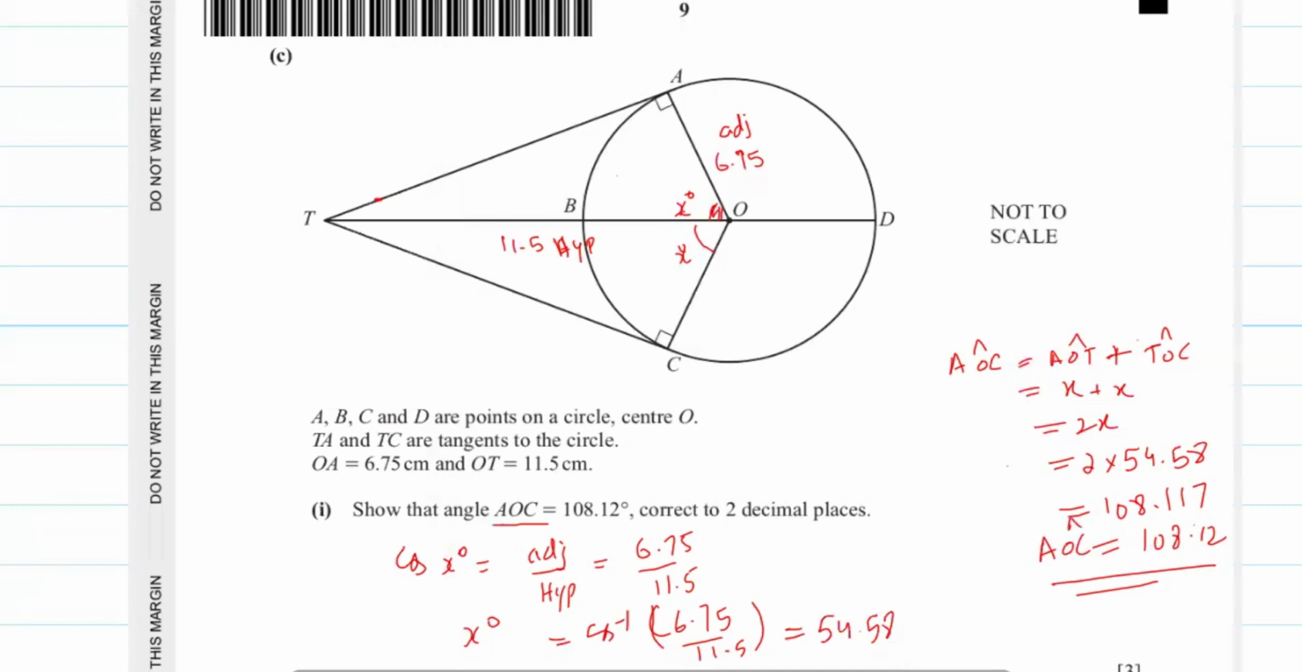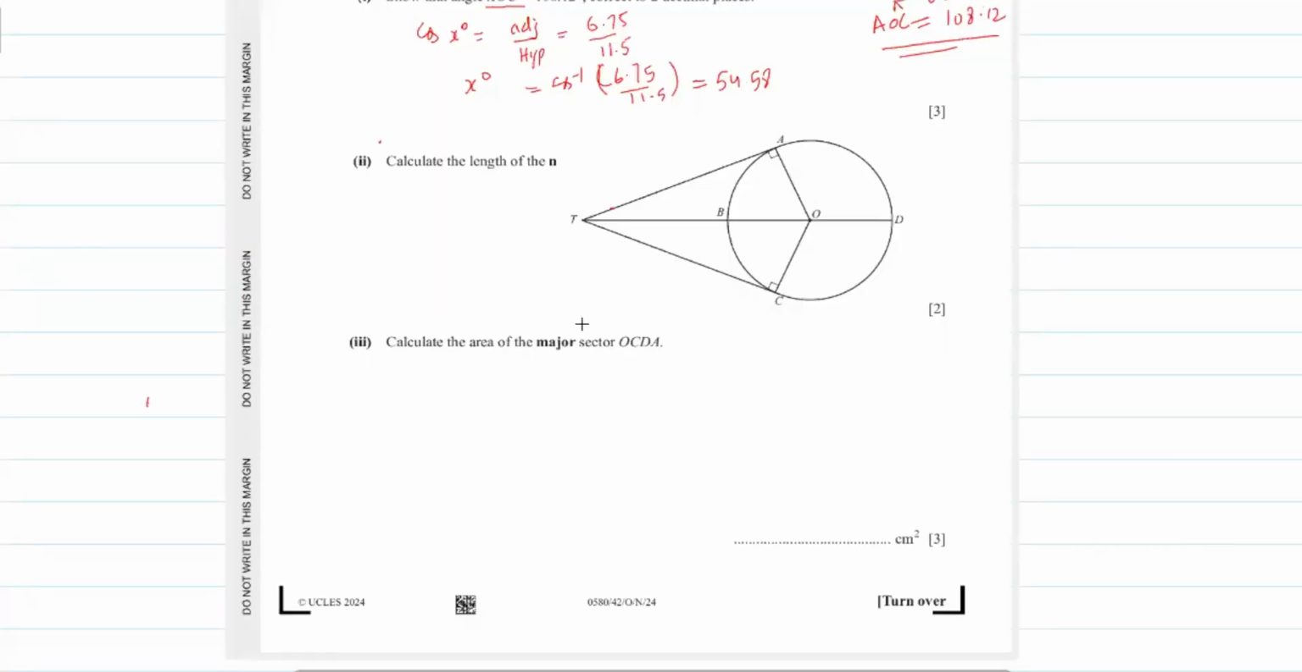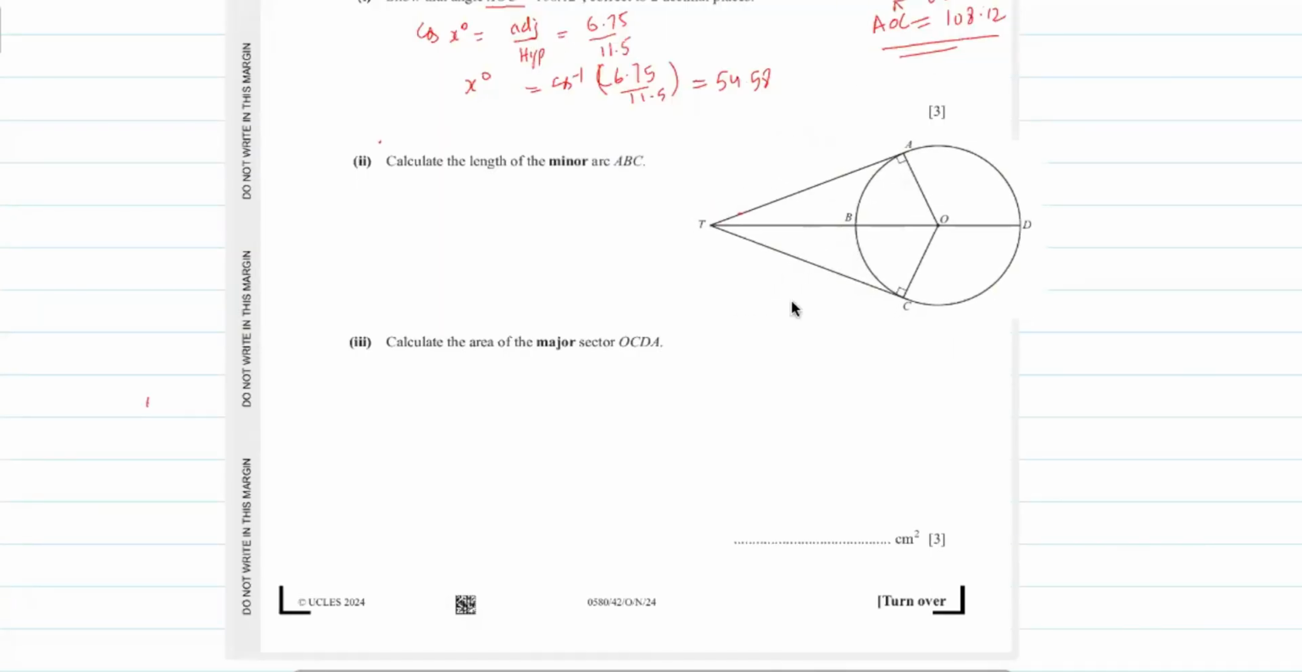Now we move to the next part of this question. To calculate the length of minor arc ABC. Look here, this is the minor arc ABC. We have to calculate this angle, and the formula of the minor arc ABC will be equal to theta over 360 multiplied by 2 pi r. Here the theta is this angle, 108.12, divided by 360 multiplied by 2 into pi into r, where the radius is 6.75,